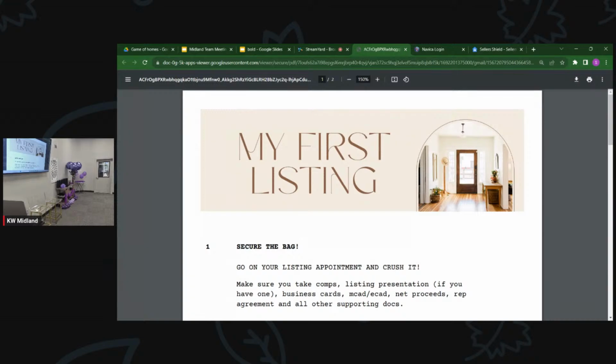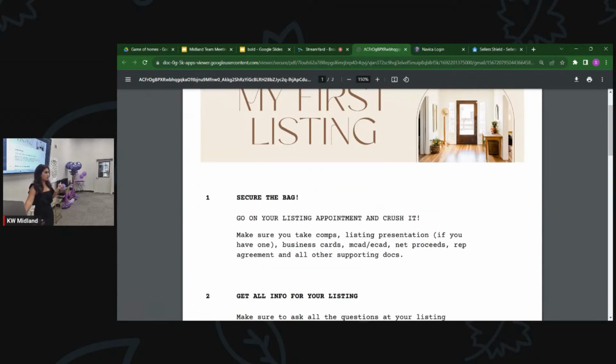So we pulled comps. Our last class, we pulled comps. Was anybody here for the comps class? Yeah. So you're going to pull comps. You're going to pull all the information you can on your listing. You're going to go into Naviga, and I'm going to try to show you guys. This is what you're going to take to your actual listing appointment, your comps, right?